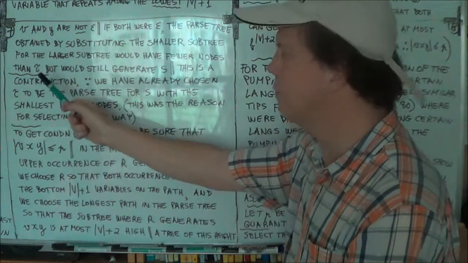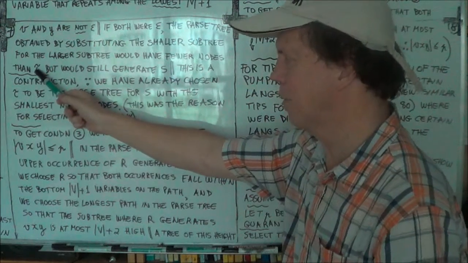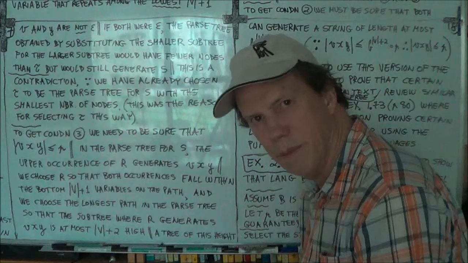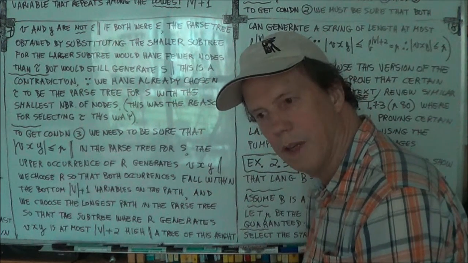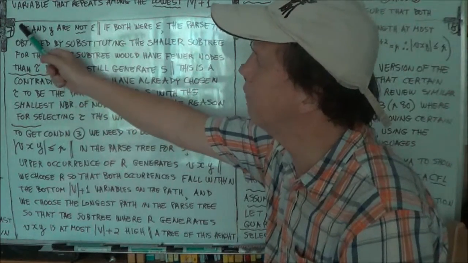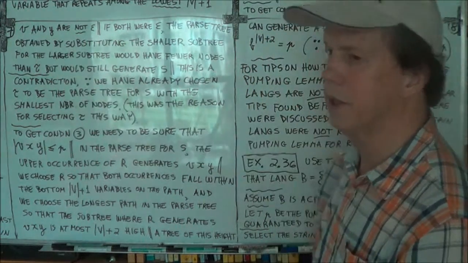Now remember, we chose tau to be the parse tree with the least number of nodes. Okay, so you've got yourself a contradiction, and therefore you cannot have both V and Y being the